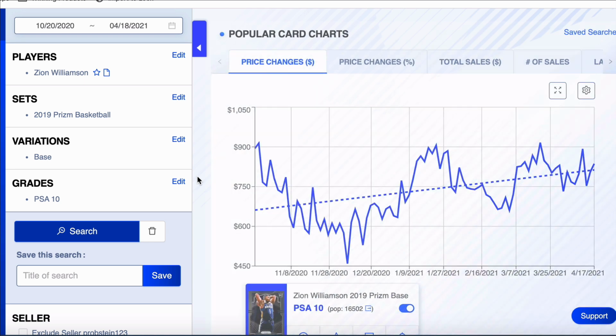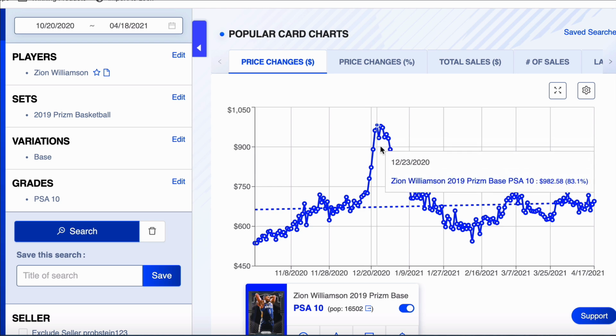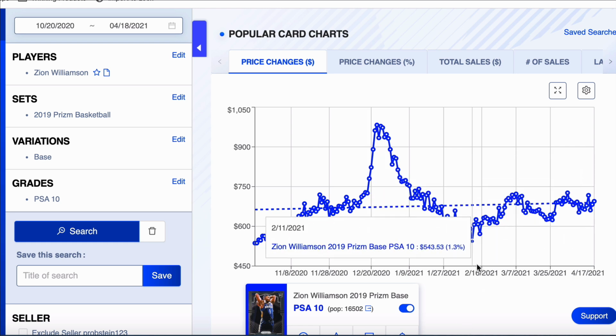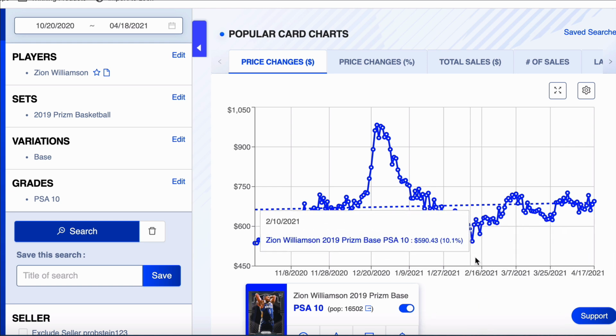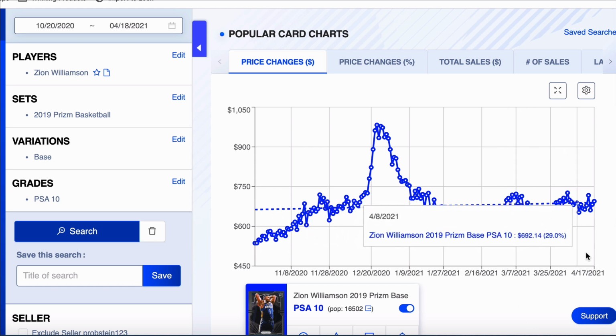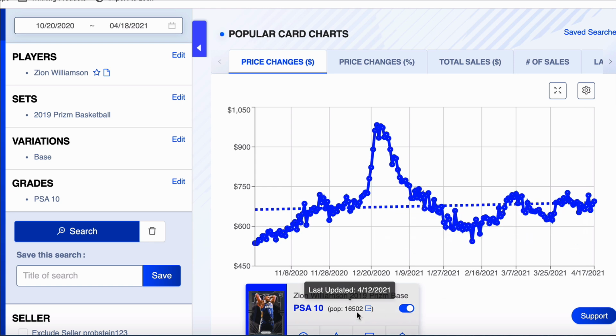Let me get some coffee. So, it went up to a high of almost $1,000. But you can see it swung way down to about 550. And honestly, I don't know if this card gets back down to 550, even in the off season. It went up some, down, up, down. I think this could be the bottom for this card. Plus, this pop count's going to keep rising, but its